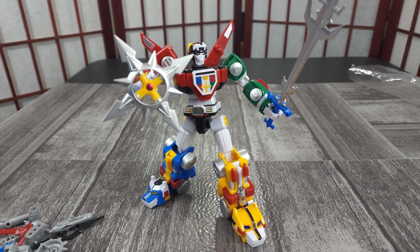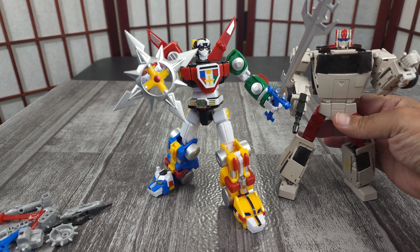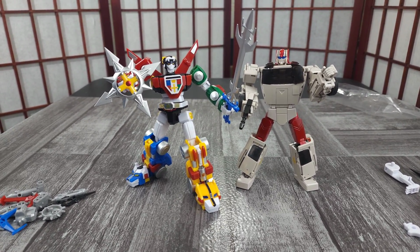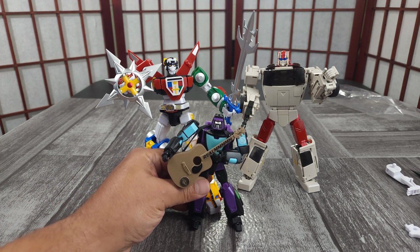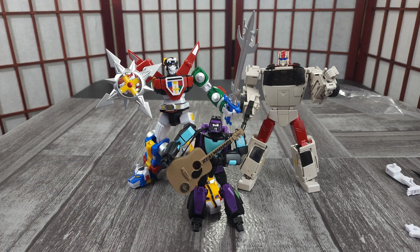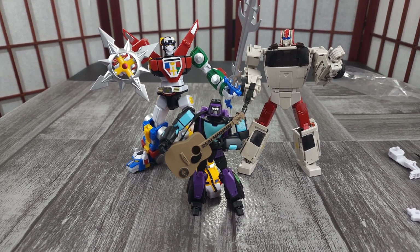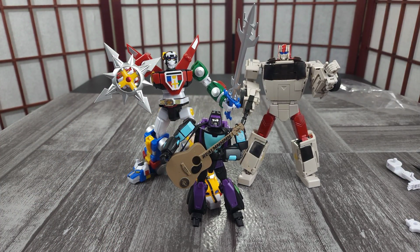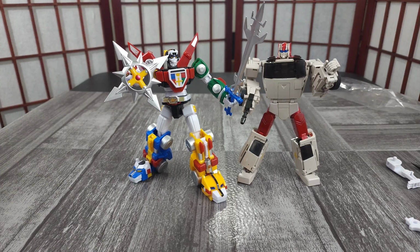Then you have Voltron here. So let me compare him. I don't really have anything to compare him to. We'll just compare him to what I have. So I have a Masterpiece Protector Bot. That's Fuzz, which is X-Transbot's Protector Bot. I couldn't even think of his name. And then you have Realm Collector's X-Transbot's Nelson. Willie Nelson. So yeah, you see how he compares to them. So he is, for a Voltron figure, small. That's why it's mini. But I think it's a great figure, and I would highly recommend it